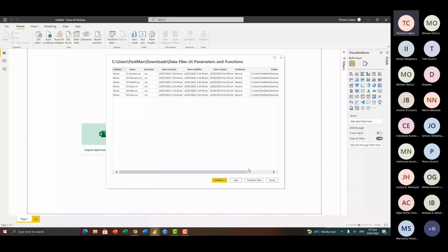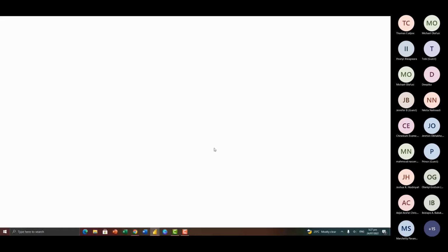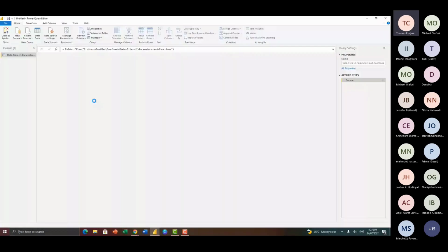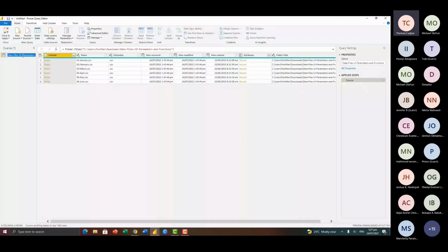So here I'm going to pick transform data. Here I'm going to rename the query. I'm going to call this sales, or maybe sales transactions. I have this here.